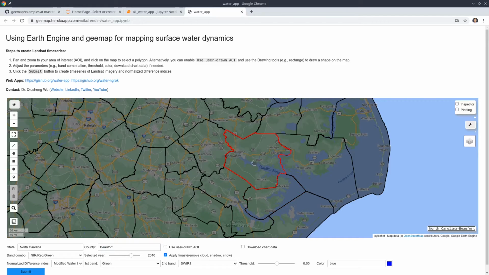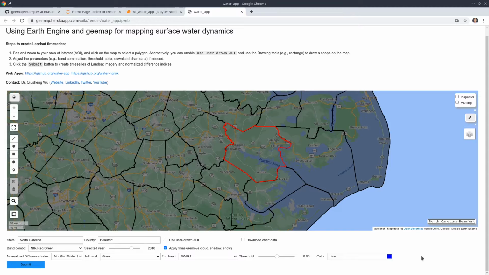Once you select the county, then you can change the options in here. You don't want to use this one because for the first case we're going to just use county level, and you can check the download chart data because we're going to do time series analysis from 1984 all the way to 2020, 37 years of Landsat data. And once we select the county, we want to do the statistics. In this case, we're going to extract surface water. So we're going to use the modified